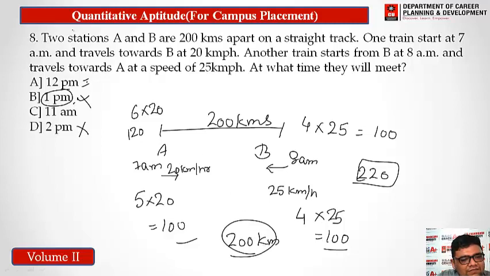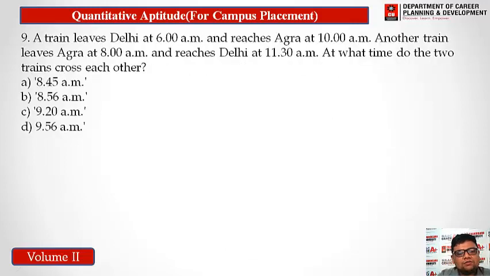Right? So our answer is what? Answer is option A. You can solve this question without using pen and paper by directly analyzing the options and finding the 200 kilometer, as we have to travel 200 kilometer by combining distance traveled by A as well as B, right? So you don't have to solve the complete question, you just answer it through options also, right? Now let us move to the next question.